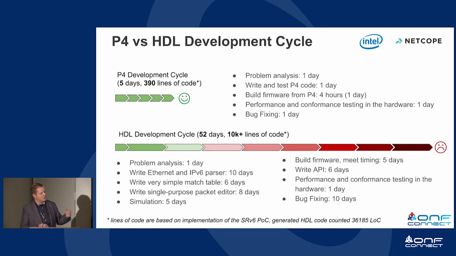With P4, we analyzed how much time it takes a P4 developer to create a rather simple implementation like this, and compared it with an implementation done by a skilled HDL developer. The difference is tenfold, and the difference in lines of code is even more than that. It's 80 times or even 100 times less code in P4 than in traditional FPGA programming languages,